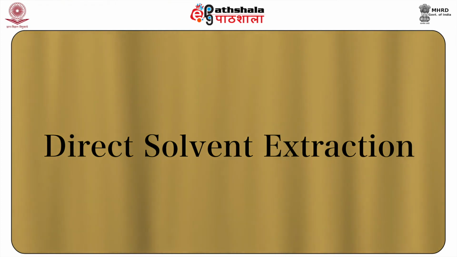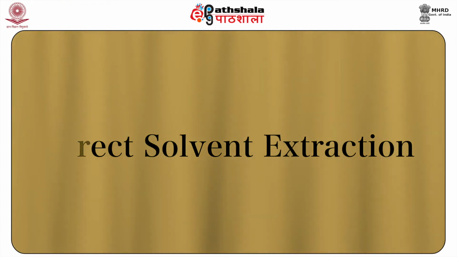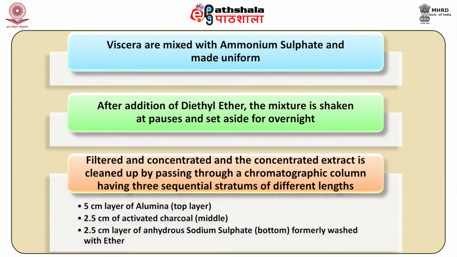Fifth process is the direct solvent extraction. The biological materials, that is the viscera, are mixed with ammonium sulfate and made uniform. After addition of diethyl ether, the mixture is shaken at pauses and set aside overnight. It is filtered and the concentrated extract is cleaned up by passing through a chromatographic column having 3 sequential stratums